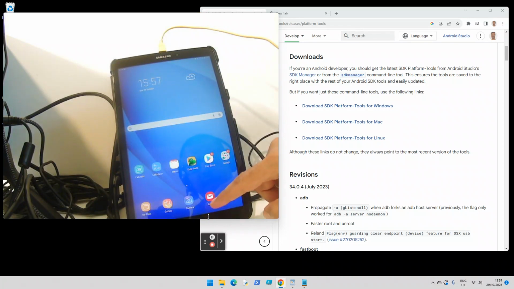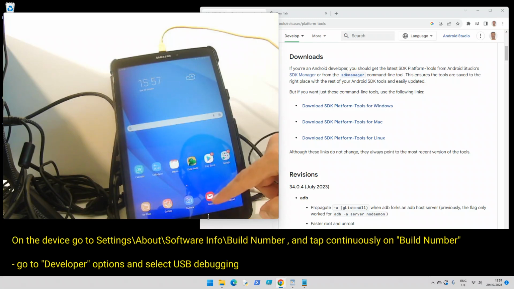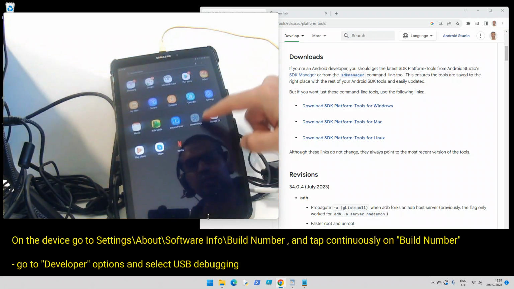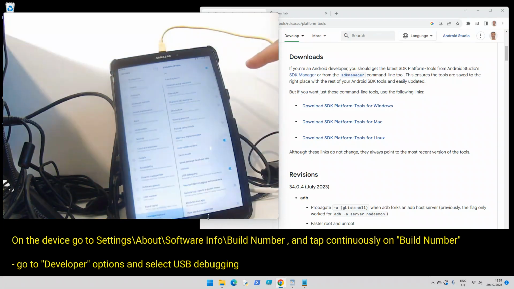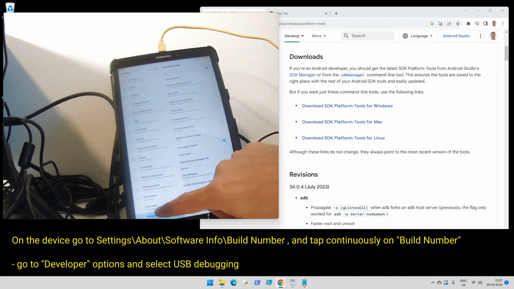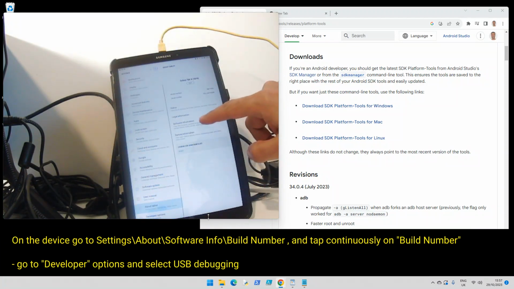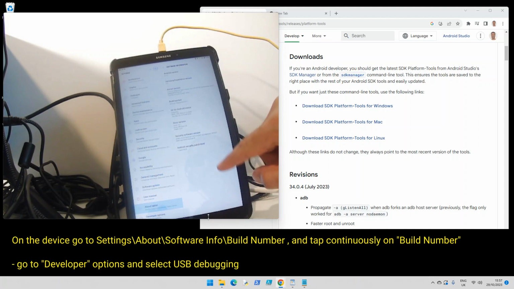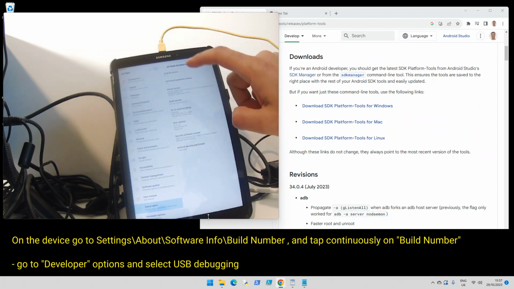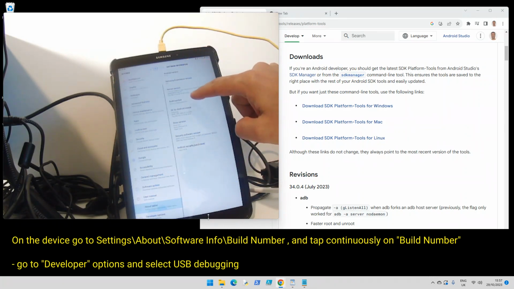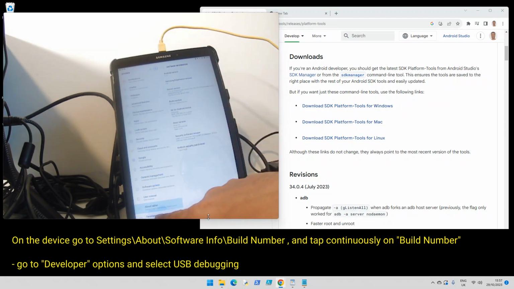So if you're doing it for the first time, you will need to go into settings. You will need to go into About, Software info, and then you have to tap multiple times on Build number. So there's Build number. I've already got developer options enabled here at the bottom. I think if you can see that,